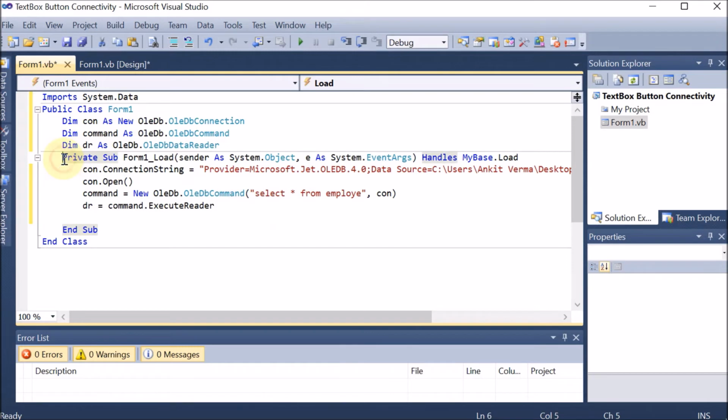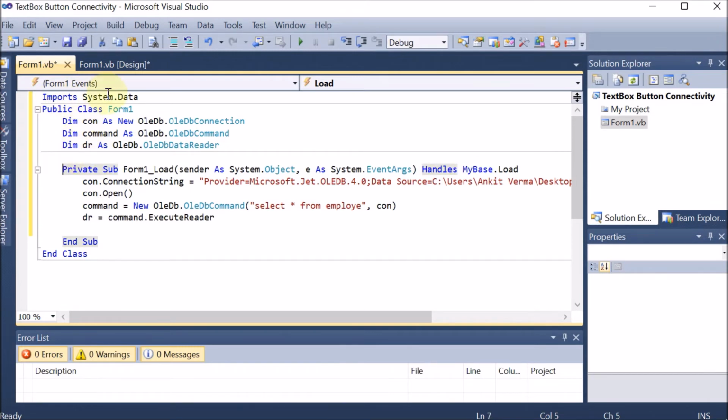So these are the 3 things we must know. Number 1, we have to import the namespace. Then we have to create the object of connection. We are providing that our database is present on the desktop, so the connection is made from .NET to the desktop database. The second part is the command.